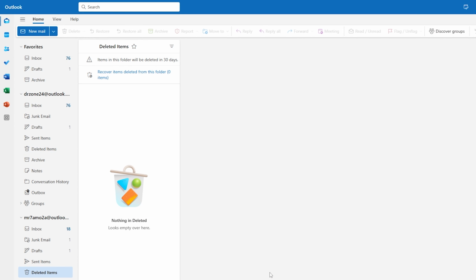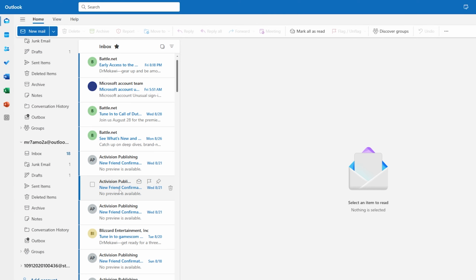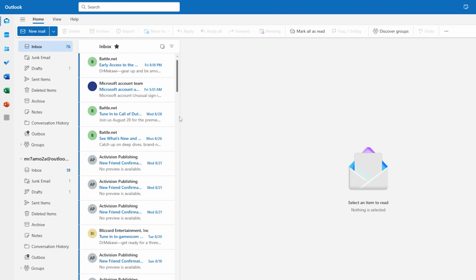First, you're going to open your Outlook application, and you can also do the same steps using Outlook on the browser. And now I'm going to enter any inbox. As you can see, now I have this one here for example, and now I want you to remember this message or this email right here,